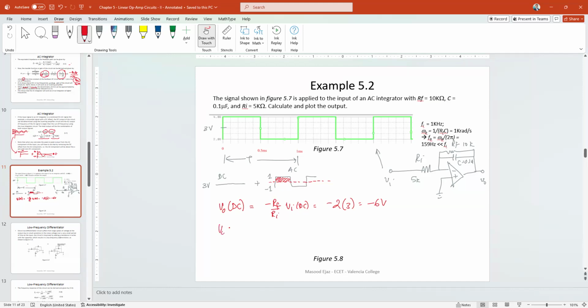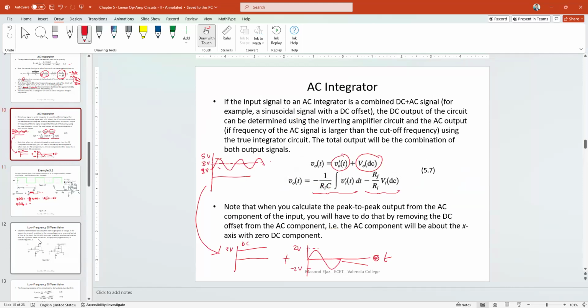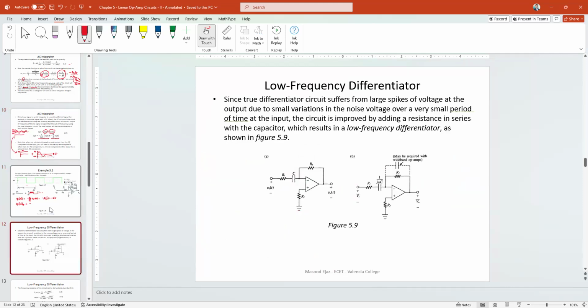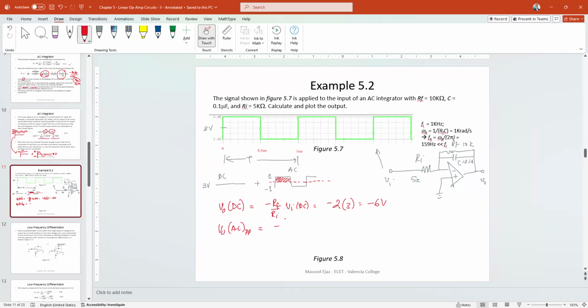So V out AC peak to peak is equal to negative 1 over R input C, and integral of that. Negative 1 over R input C. R input is 5K and C is 0.1 micro. Kilo and micro are going to be milli, and 5 times 0.1 is negative 0.5. So 0.5 milli